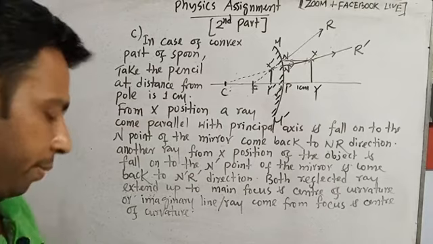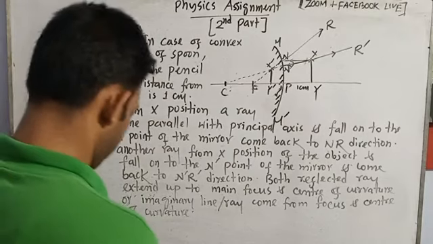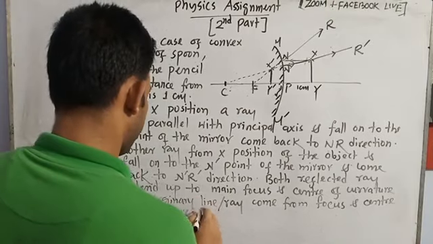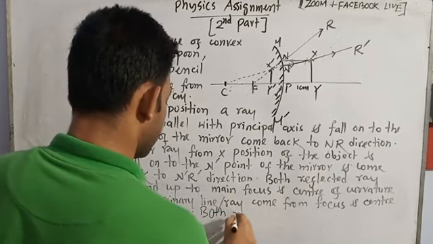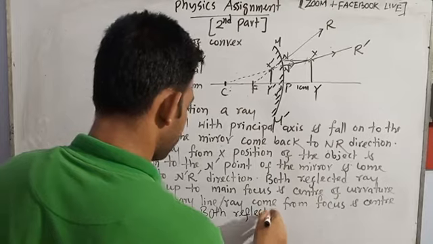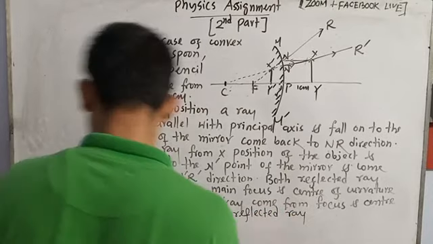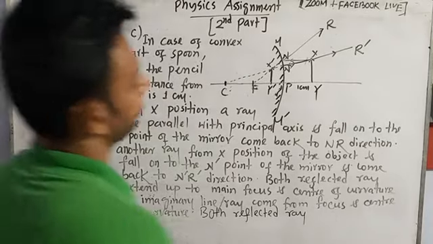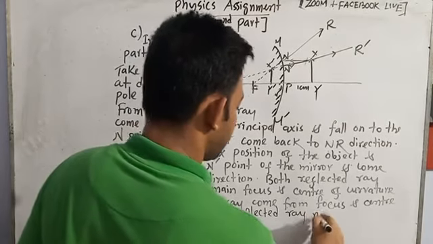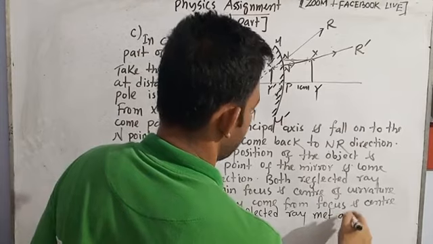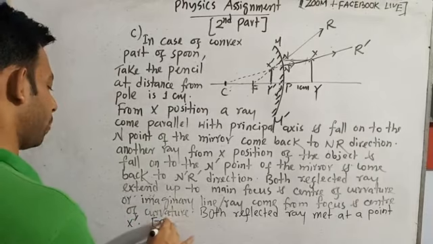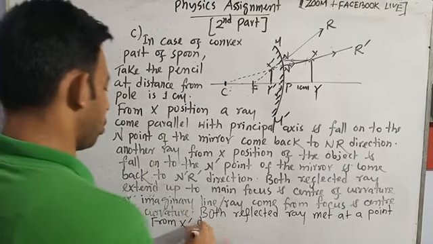Both reflected rays meet at a point x prime. From x prime draw a perpendicular